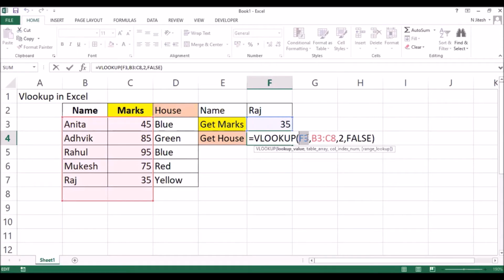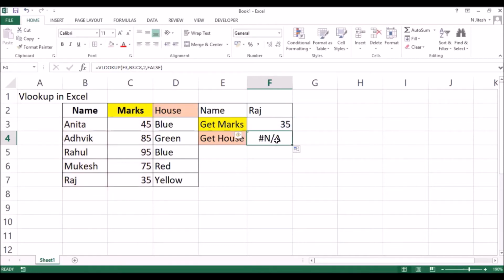So what I am trying to show you here is that if you have this kind of scenario where the reference cell is fixed, you should use referencing. There are two kinds of referencing, basically relative referencing and absolute referencing. If you drag it simply, it is relative referencing, but I will show you absolute referencing here so that you get the correct value. So I will edit this one itself.